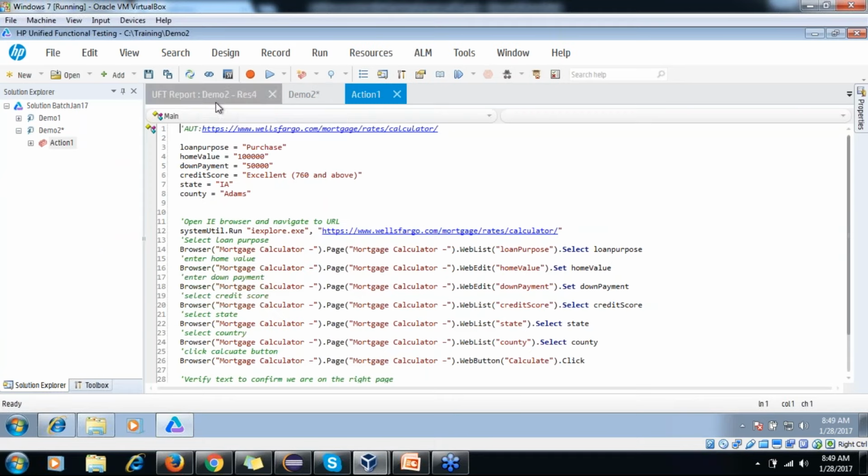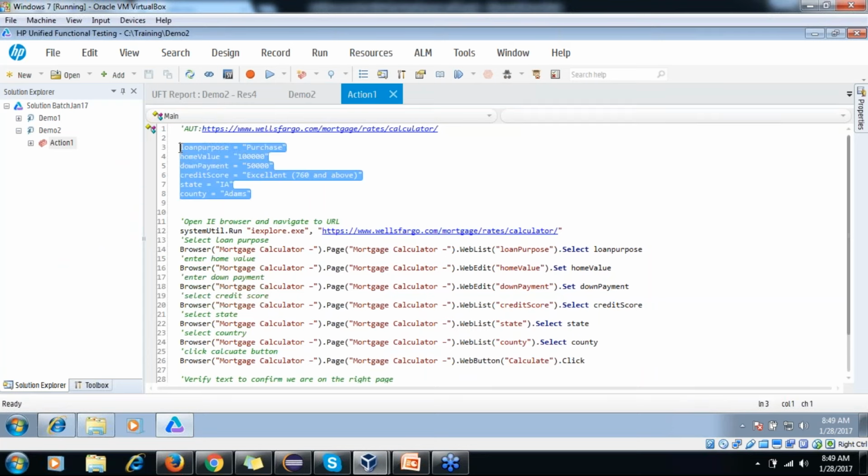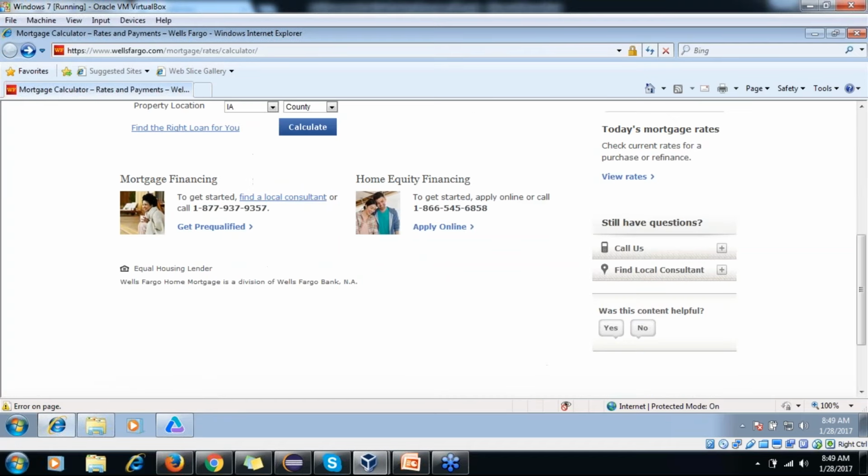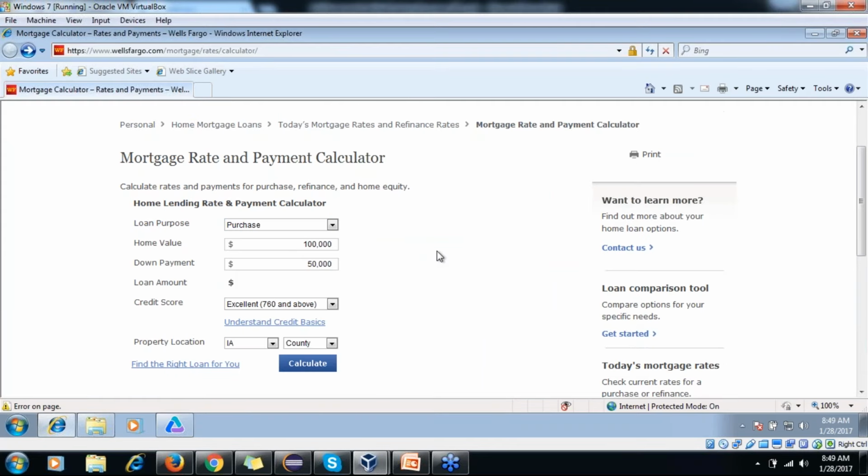Questions, team? Questions on this? Okay, I was explaining one concept, why we need to store values in variables. If you see the application, it requires a lot of data, right? To test this application, you need to enter different kinds of values.